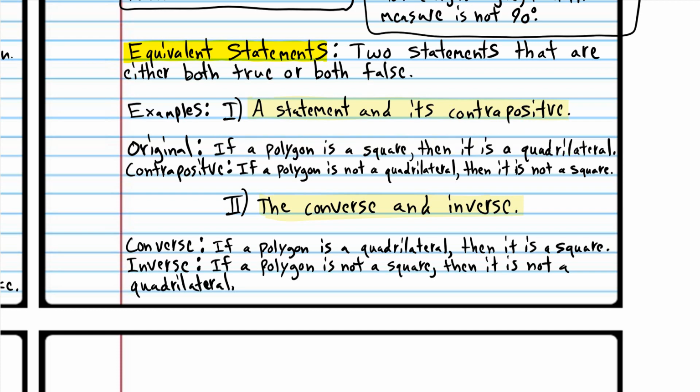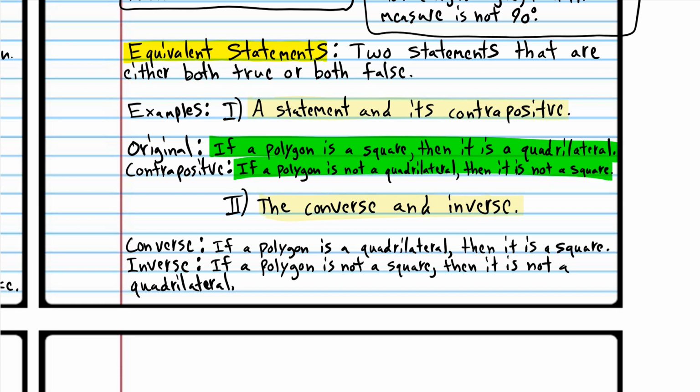Now that's a statement which is actually true. If it's a square, it has to be a quadrilateral because a square has four sides and that's what a quadrilateral is. Now let's do the contrapositive of that. We switch them and negate them. If a polygon is not a quadrilateral, then it is not a square. That makes sense too. If it doesn't have four sides, it surely can't be a square. So because these two are both true,